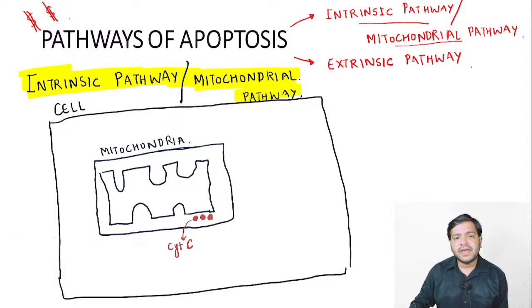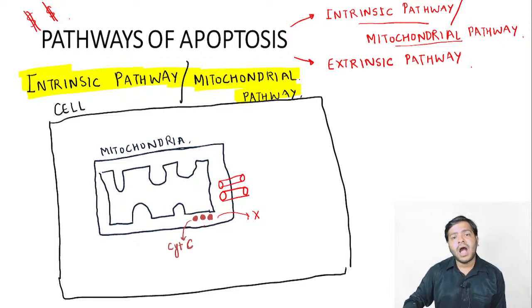Cytochrome C cannot come out. Why? Because there is some structure which is preventing it. There are some genes which are preventing this particular structure from coming out of the mitochondria into the cytoplasm